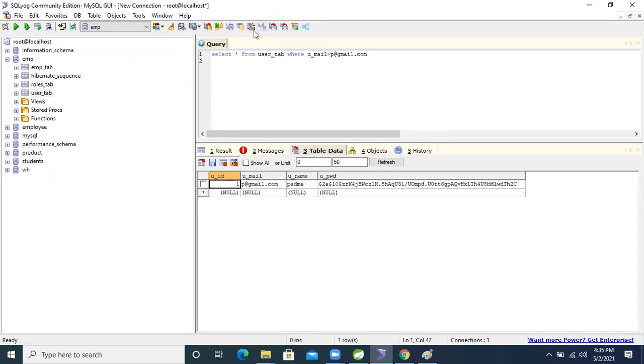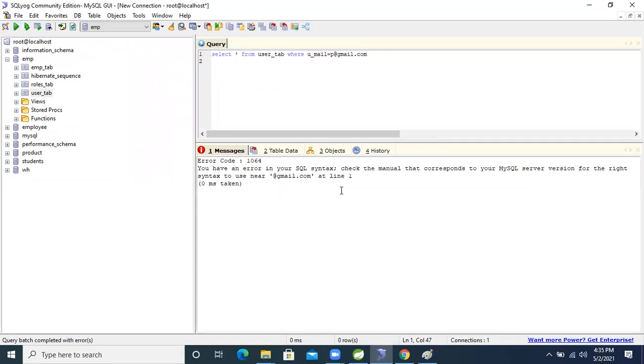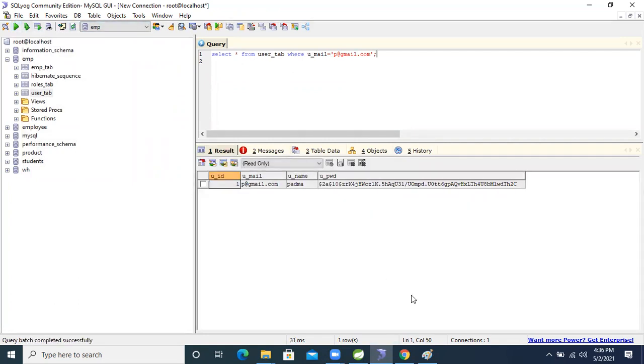So how can we run this query? Run here. Something error is there, guys. Yeah, see, like this we are selecting one record based on the username.